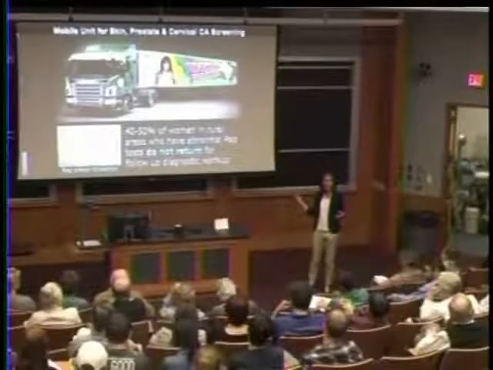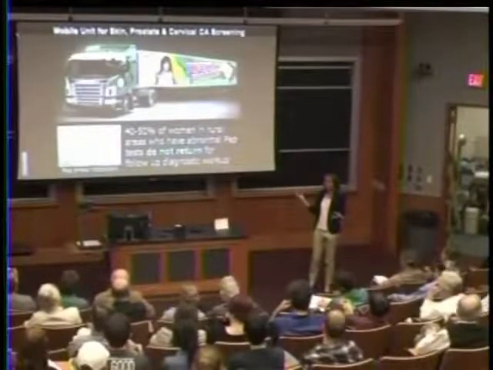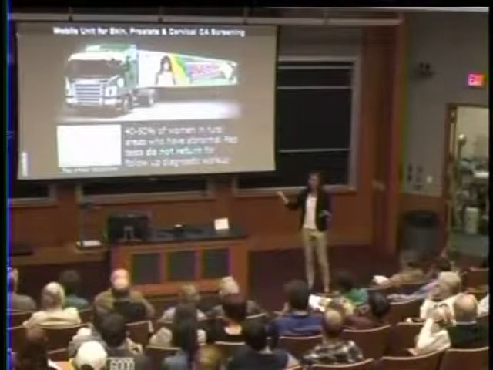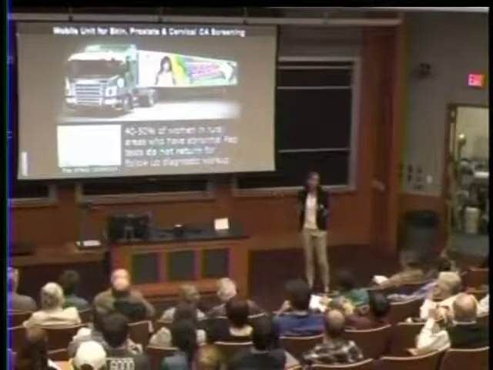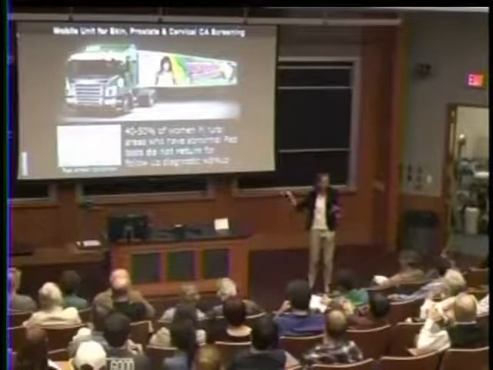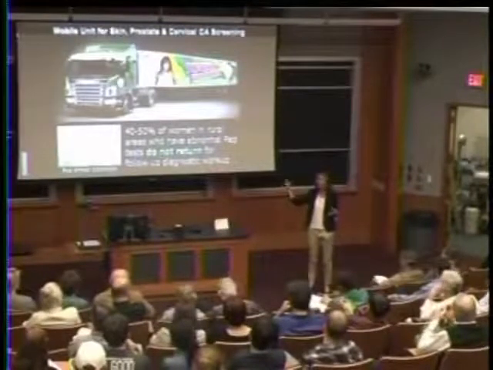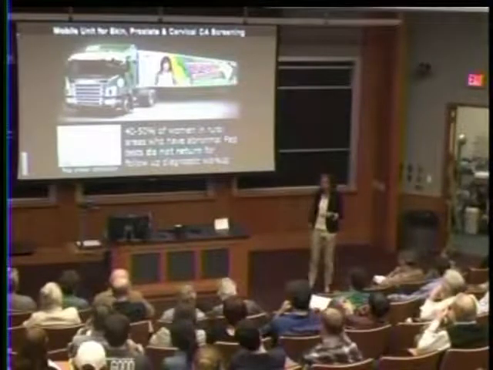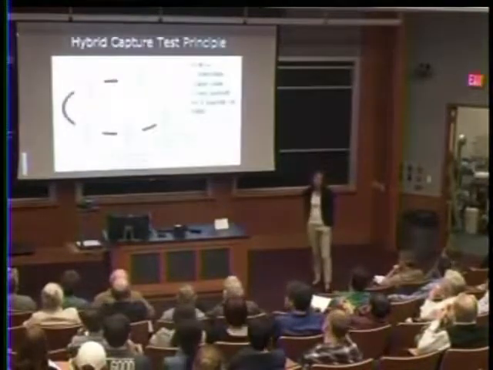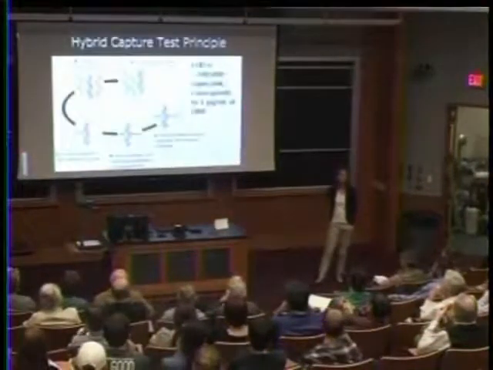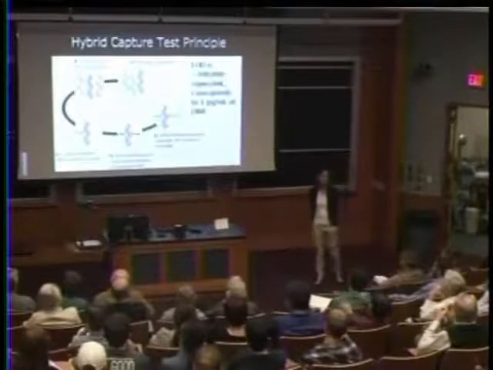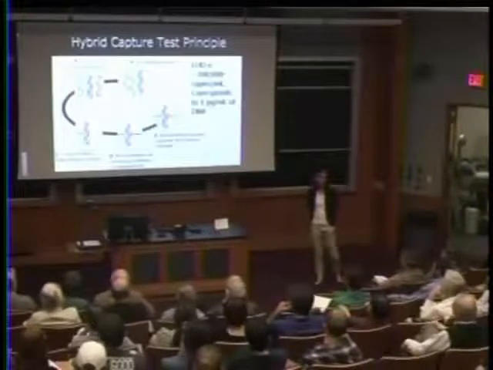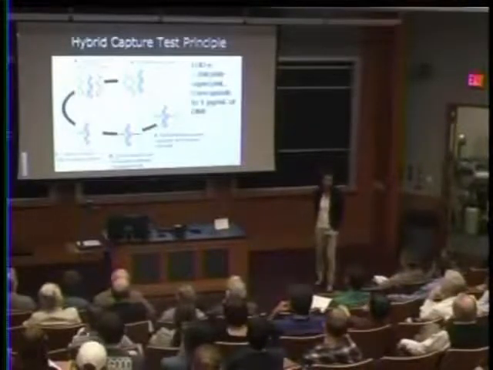But despite that, what they found is that only about half of women who have an abnormal pap test come back to the hospital for the follow-up care that they need. So half of the resources invested in the screening program essentially are wasted, because the women who are identified are not able to come back for care. We've been working to address this in two different ways. One is to develop a test to identify whether or not a woman is infected with HPV right there at the point of care, so that you could treat her if her test was positive.